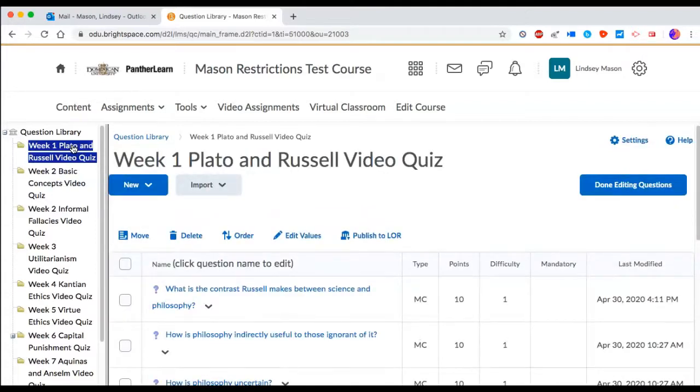So week 1 contains questions about Plato and Russell. Week 2 has 2 different sections, week 3, week 4, week 5, etc. So it's nice to have sections in the question library. There might be chapters, chapter 1, chapter 2, chapter 3. They may be different texts that you've read, etc. But if you have a question library and it's organized into sections based on topic, that really helps building question